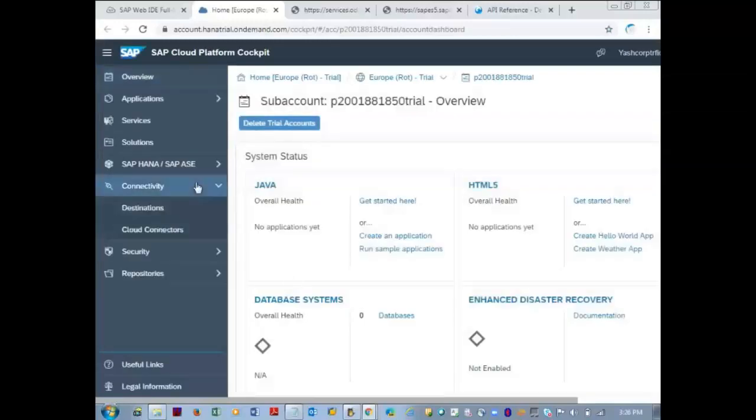In the connectivity, in the destinations, we have configured the Northwind and SAP services.